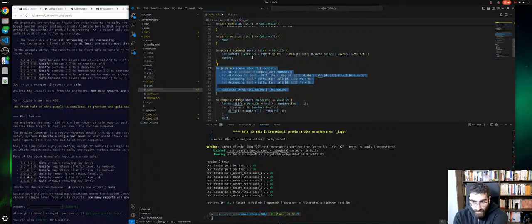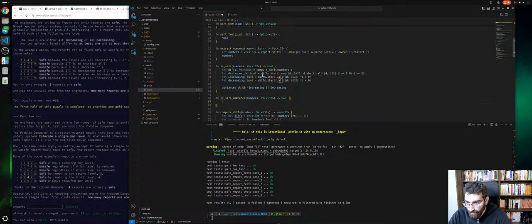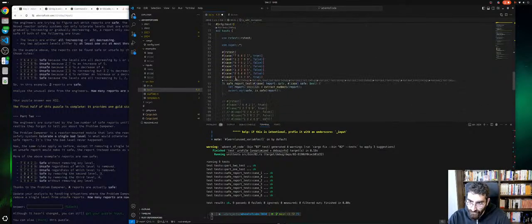Let's create the is safe with a nice loop with the dampener. Now we have some numbers, which is the Vec of i32. We get a boolean. And for now we return false, so that it fails all the tests. Now we can